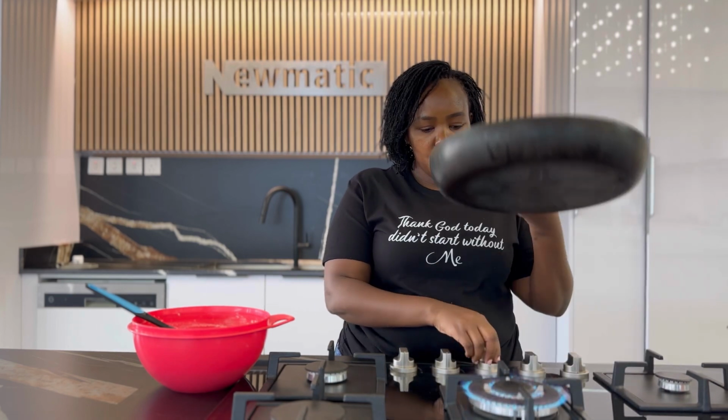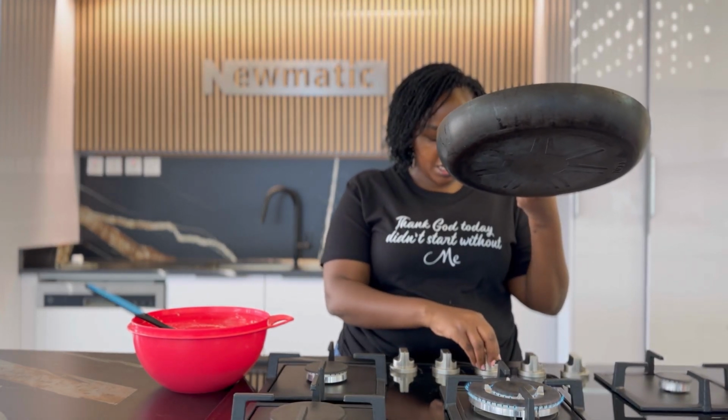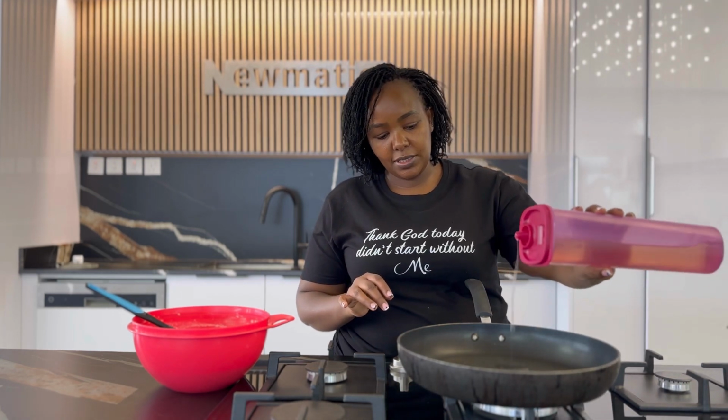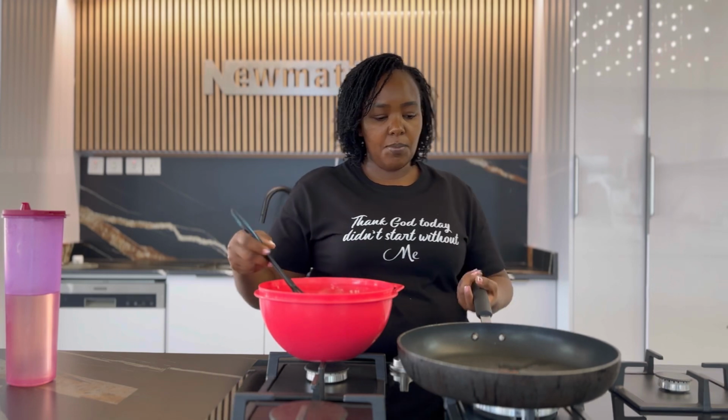So I'm just going to heat up the pan, and when it heats, I'm going to switch the flame to medium, so the pan doesn't get extra hot, just hot. Then I go in with the oil. If you don't like the oil, it's okay because we already have butter in our pancake batter. So it's okay to skip the oil at this point, but I love adding